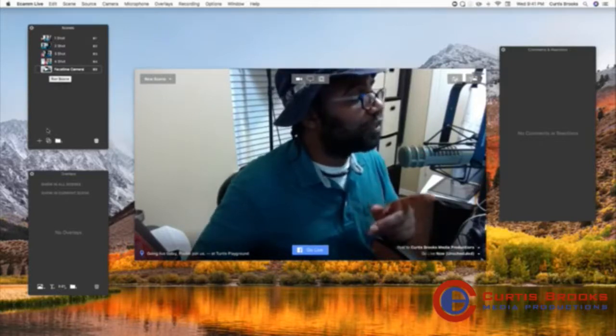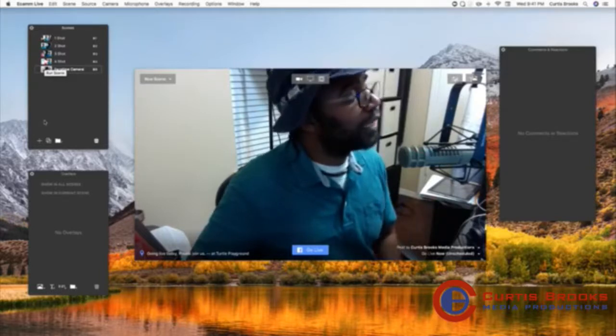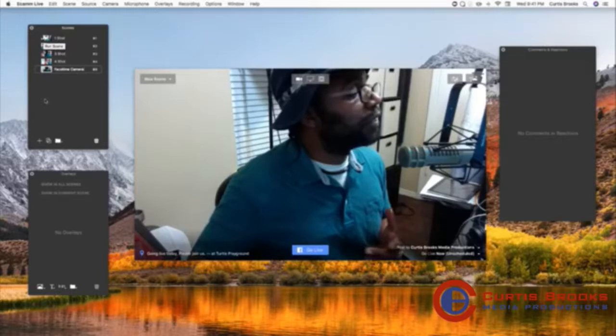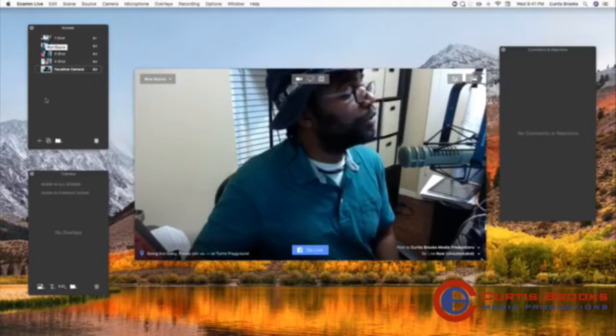Here's another thing I forgot to mention: even if you don't want to use the shortcut keys, you can see the dialog box that pops up says run scene. Conversely, I can click on a play arrow that pops up in that window. When you take your pointer off, you don't see those arrows, but if I put my pointer there, the arrow pops up. It's kind of small, but it's there.